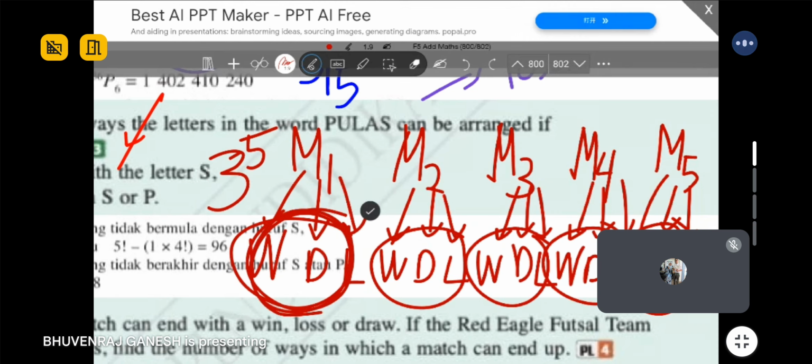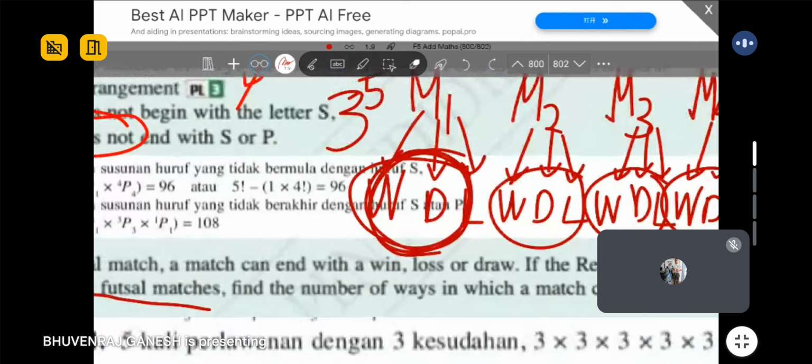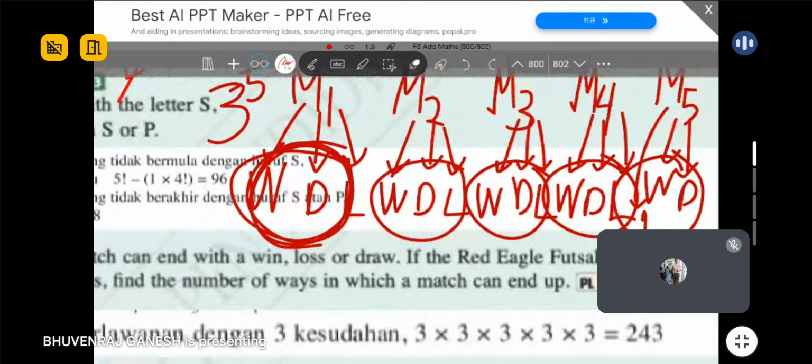Okay, you repeat the first match for 5 times. So you have total 243 outcomes. Okay, clear guys? Boleh dapat? So the answer is just like this. Very simple. No need to use permutation or combination. This better than Q3, yes. Because